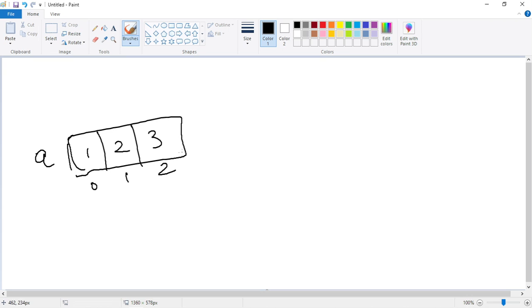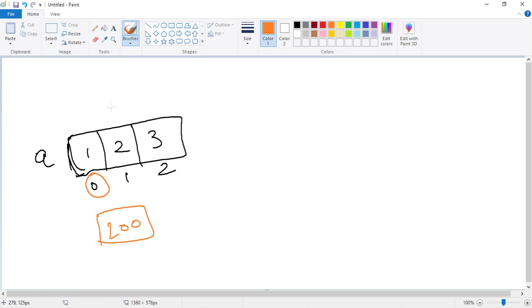Now I have a condition that I want to insert an element at index number 0. What is the element value? It is 200. So 200 will come here.